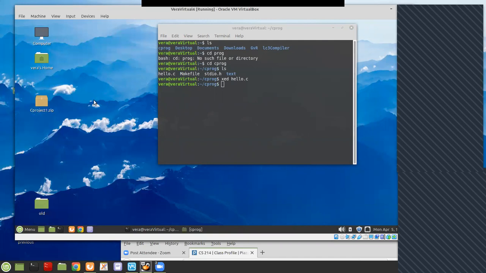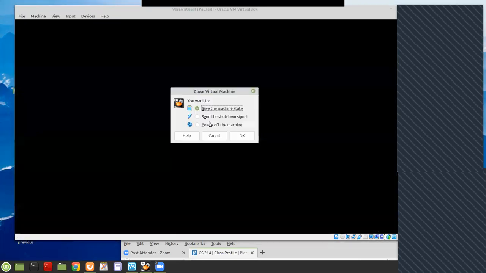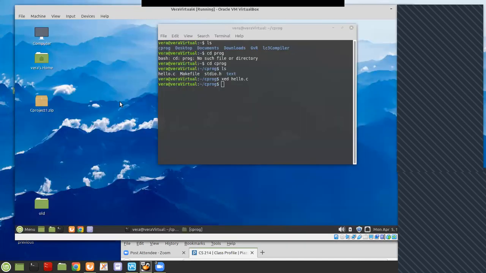Also, sometimes Vera Virtual opening on VirtualBox will hang at the beginning. It will just give you a black screen when you first start it up. If that's the case, just close Vera Virtual and restart it. Sometimes it might require doing that once or twice. Once it gets started, then up here when you do close, select save computer state, not power off the machine. And then if everything's working fine, that will lead to things being okay the next time you open it. Okay, so let me,